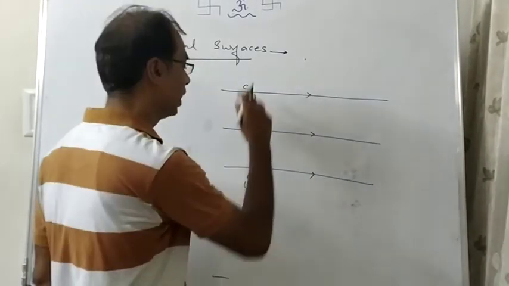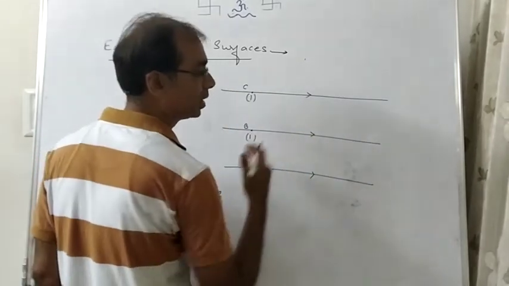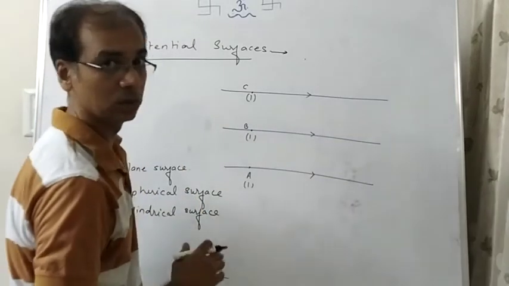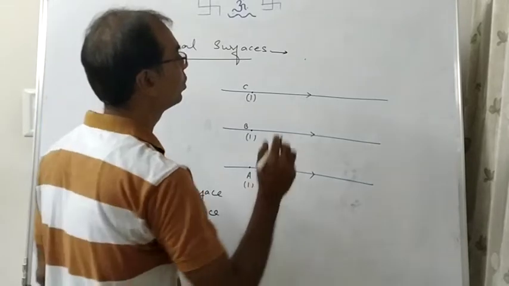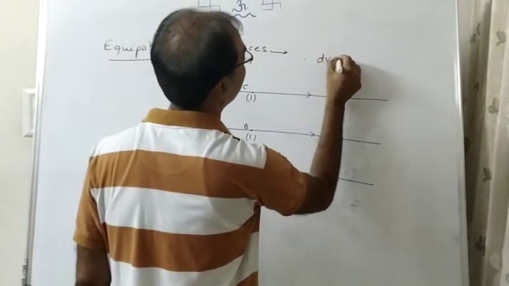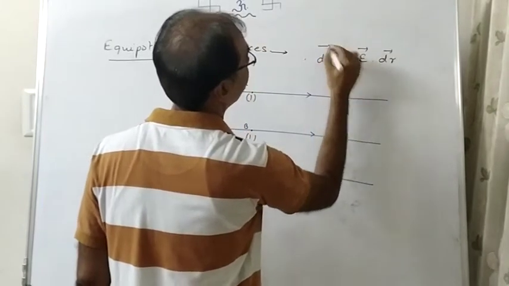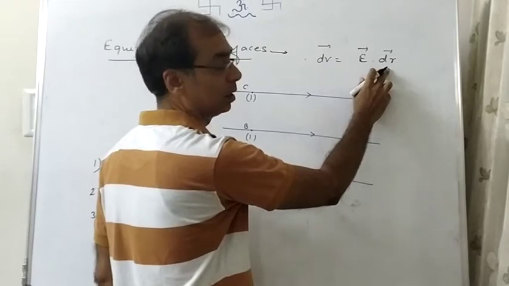Okay, all three have the same x coordinate. Have you moved an inch towards the electric field, in the direction or in the opposite direction? No, you haven't moved. Because we know that potential difference will come only when you move in the direction of electric field. If you move perpendicularly, if E and dr are perpendicular to each other,